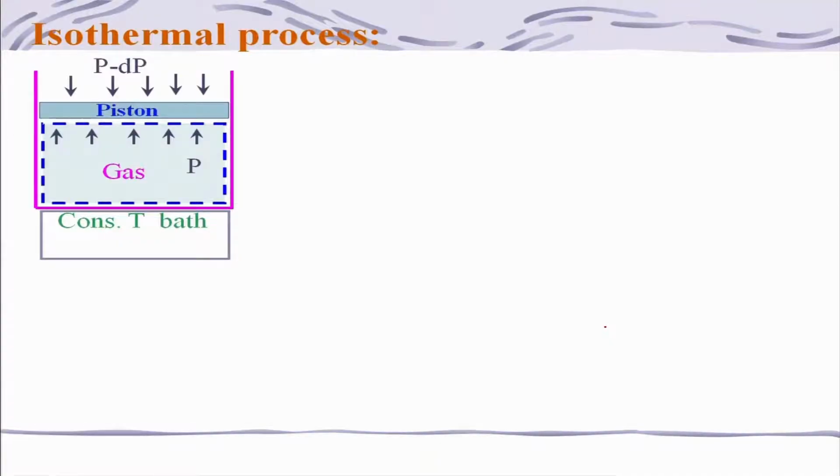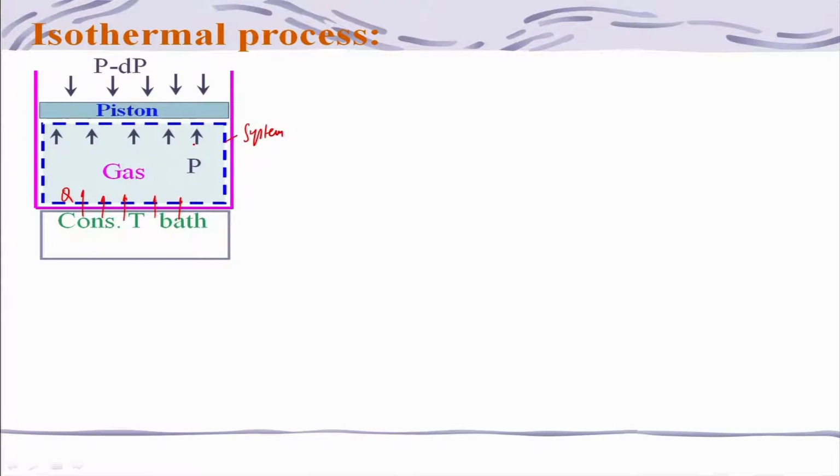So, now let us look at another process, the isothermal process, where the temperature will be remaining constant. What we will do is take again a piston and cylinder arrangement containing gas, and we will have a constant temperature heat bath. There will be some heat transfer taking place, this is the heat. We want to keep the temperature of this gas, that is the system, constant. So, the piston will be moving such that